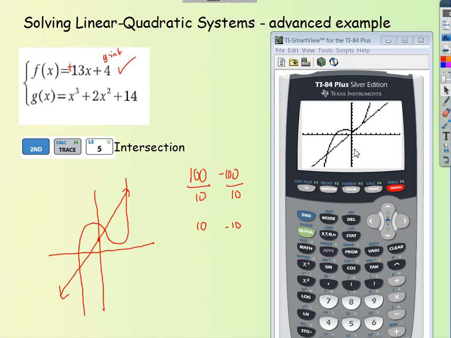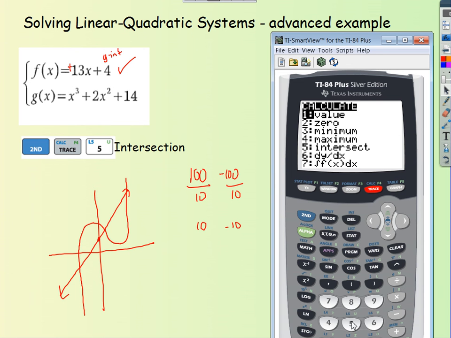So at this point, what we want to do is evaluate what we're essentially looking at in this graph. I feel like I have two regions that I need to further research. One is this location down here, which I know I have an intersection. I can see it. And then I have this intersection up here, which I can't really tell whether there's one intersection or two. So my strategy is to go ahead and do the intersection that you can see real clearly. So we'll go ahead and hit second,